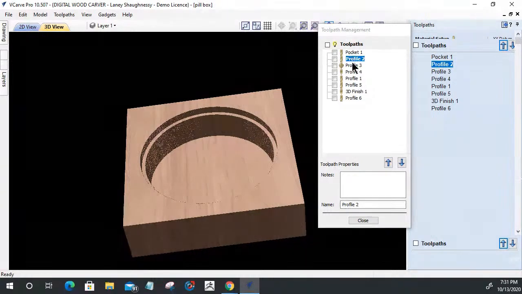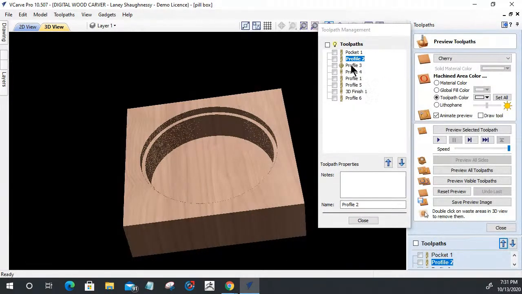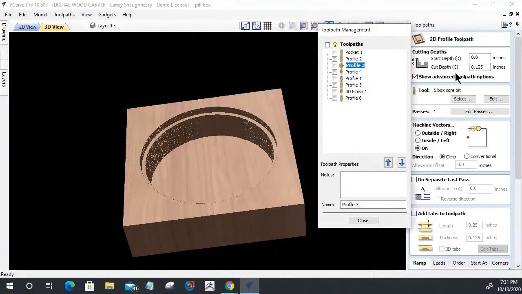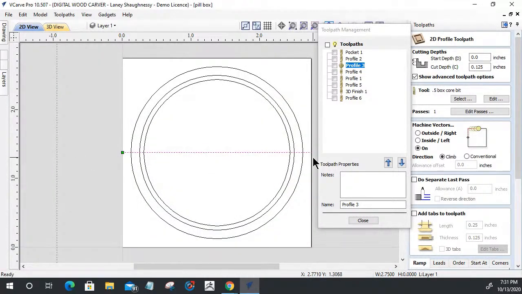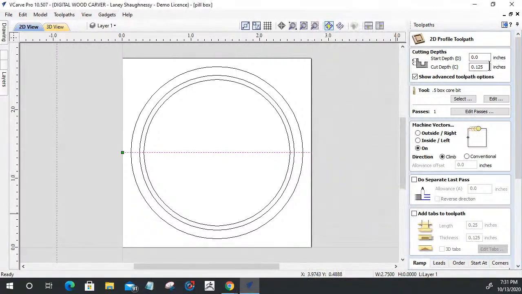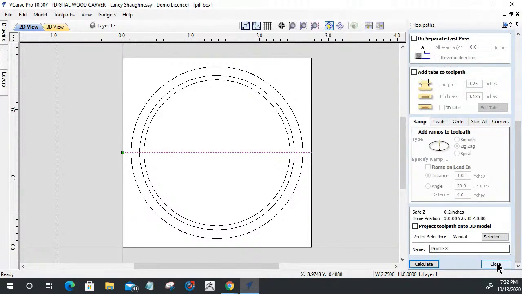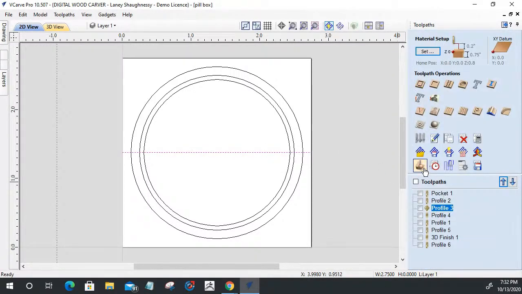After that profile cut, we have another profile cut, and this is going to be with the box core bit. Okay, so this is going to be cutting 1/8 of an inch deep with that 1/2 inch box core bit, and it's going to be cutting right across that line. Okay. And you could actually run this toolpath first, so that you're only changing bits once from this toolpath to the 1/4 inch end mill. That way you don't have to go back and forth in changing your bits. But if we take a look at that